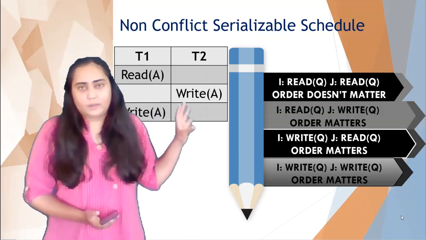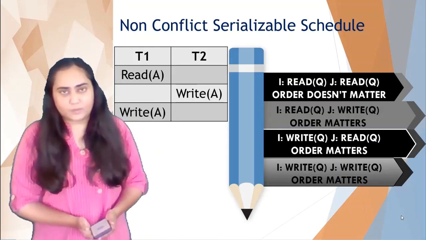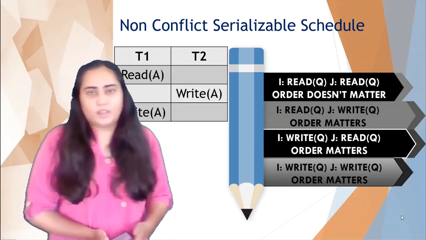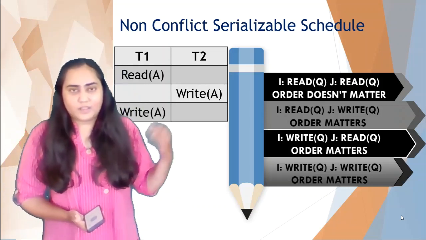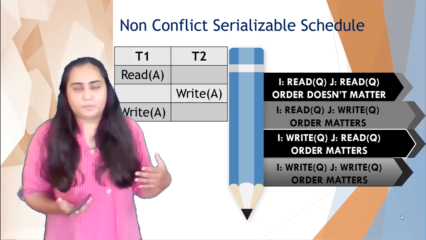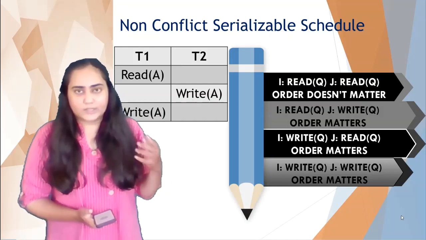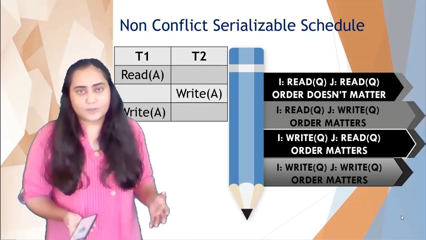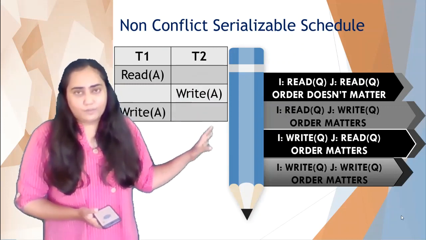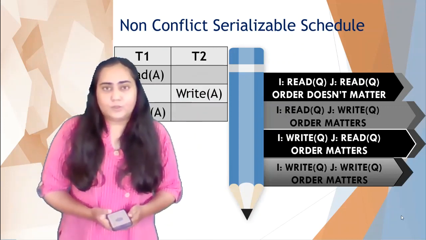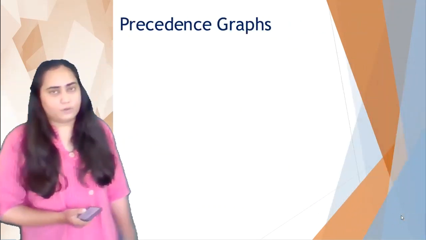Now, this is a very simple process of checking if it is a conflict serializable schedule or not. But imagine that you have a huge banking system that has several schedules and hundreds of transactions running at the same time, so each schedule has hundreds of transactions. You cannot apply all the 4 rules and check each and every conflict that is happening. So to avoid that, we have a shortcut, which is known as a precedence graph.